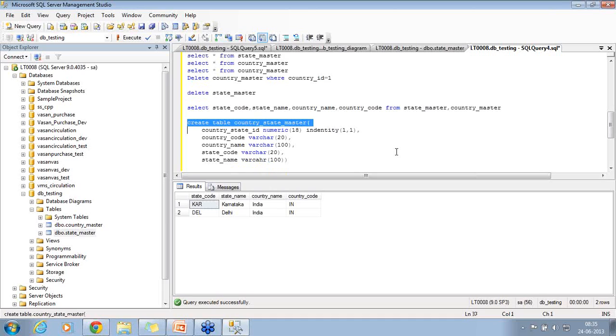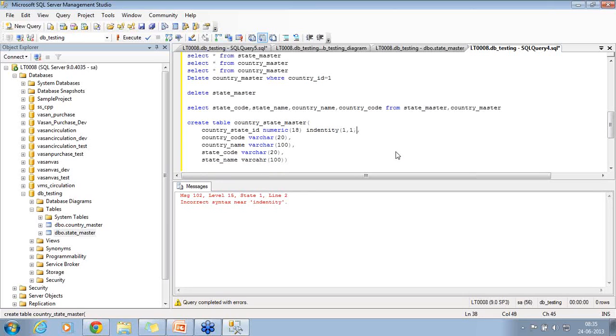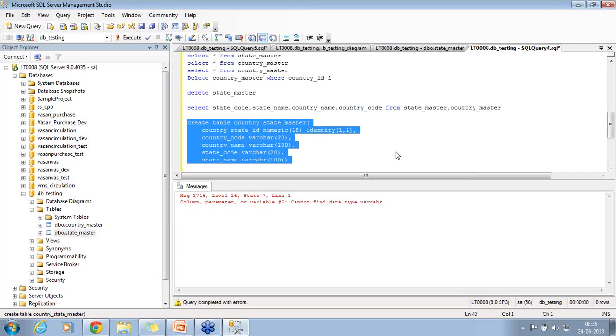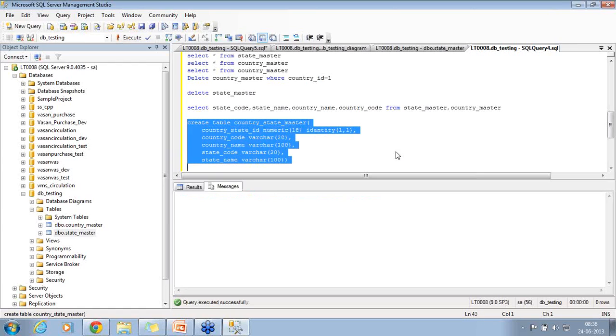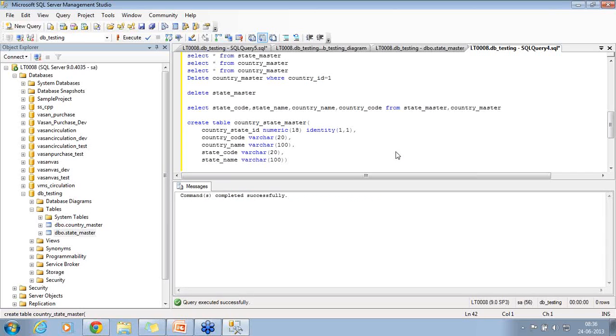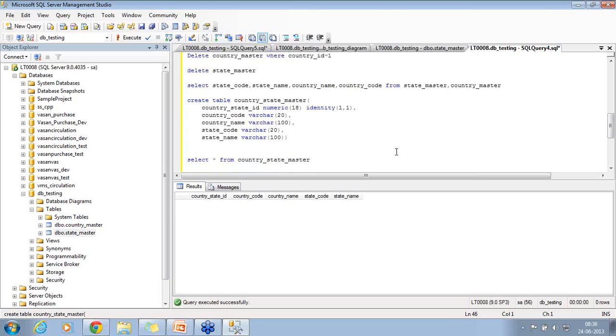I can create records for this table as well. There is no ambiguity at all, right? A spelling mistake in varchar, okay. Varchar, created a table. Now I can create records in this table. Select star from country state master. Each record I create here is an independent record.